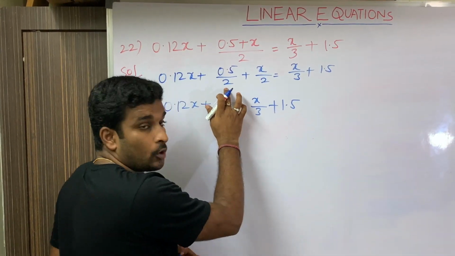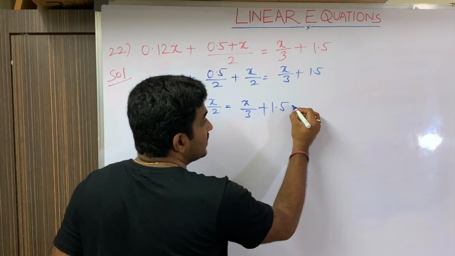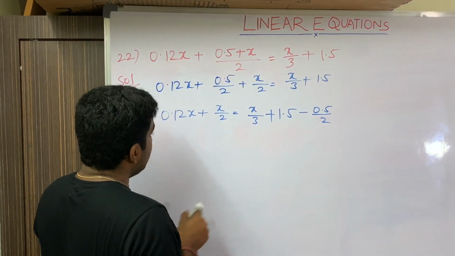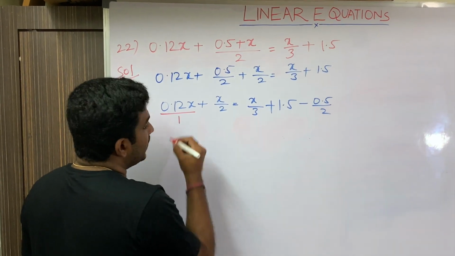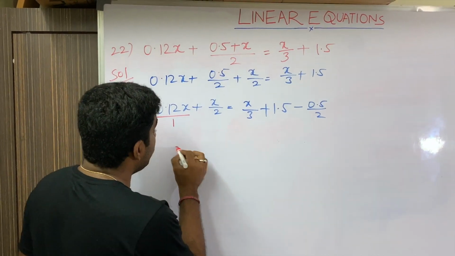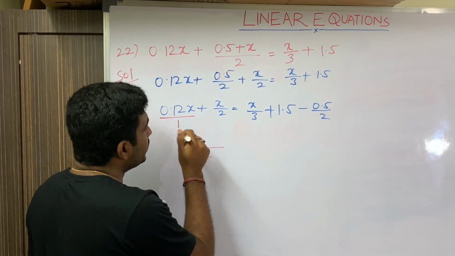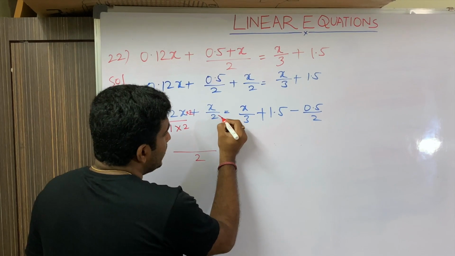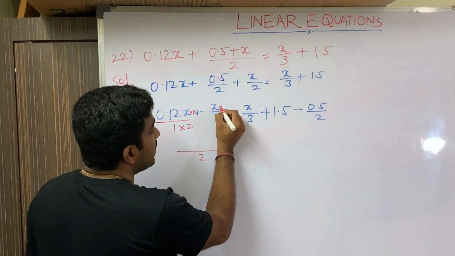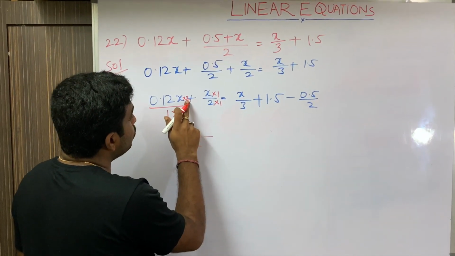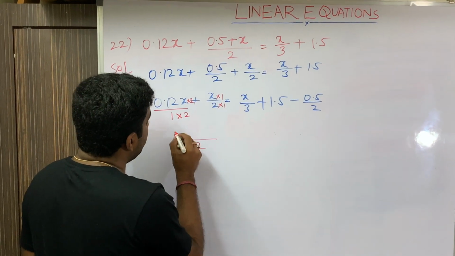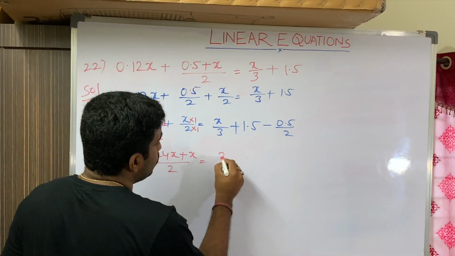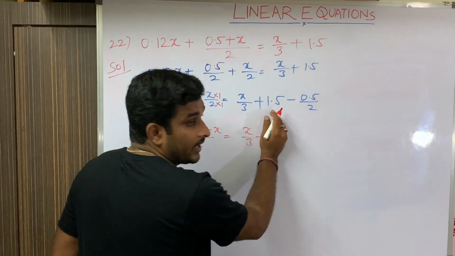When this plus 0.5 by 2 from left hand side goes to the right hand side, it will become minus 0.5 by 2. We don't have anything in the denominator, then we will take the denominator as 1. The LCM of 1 and 2 will become 2. To get 2 here, we have to multiply 1 with 2, same as in numerator. Here to get 2, we have to multiply with 1, same as in numerator. 0.12x into 2 will become 0.24x plus x equal to x by 3 plus,